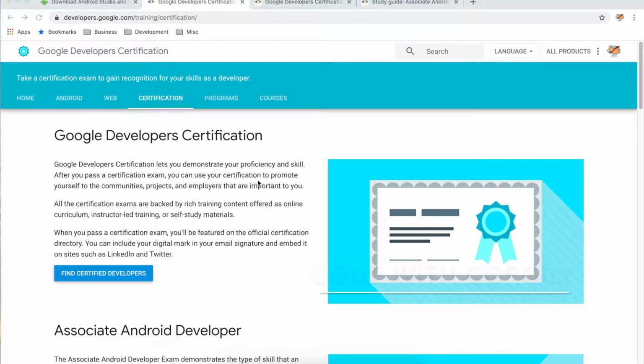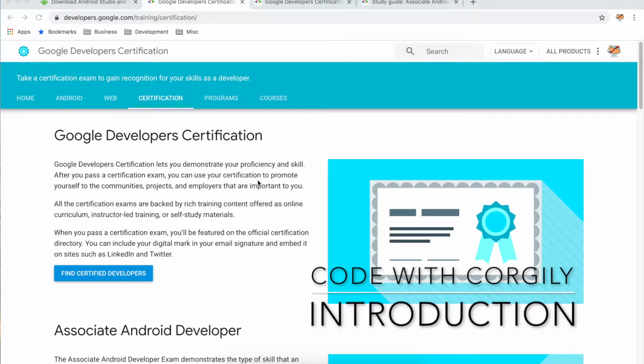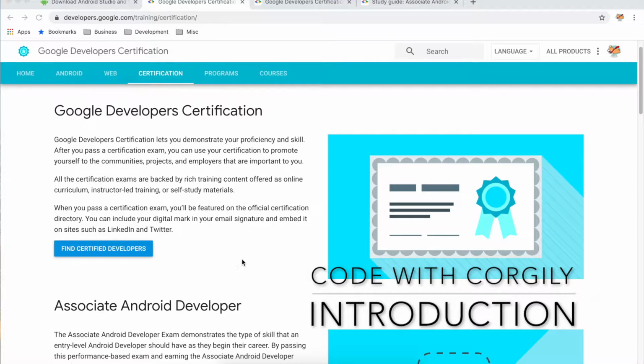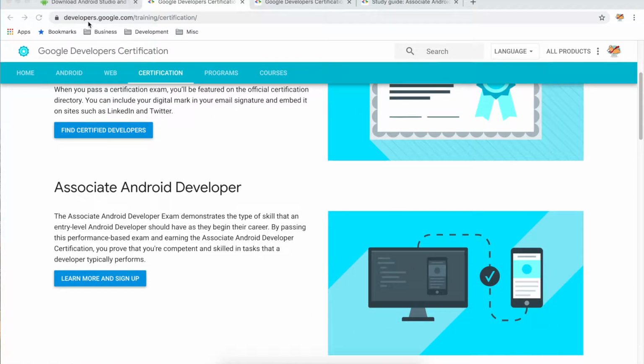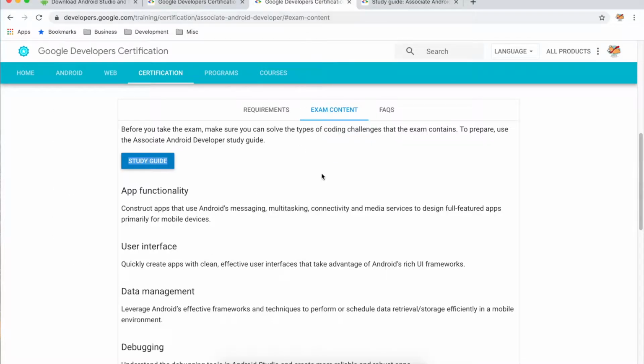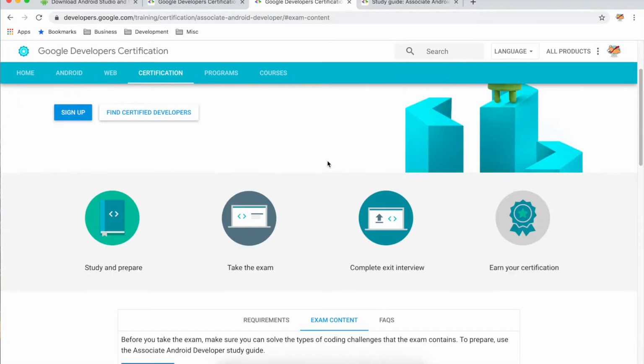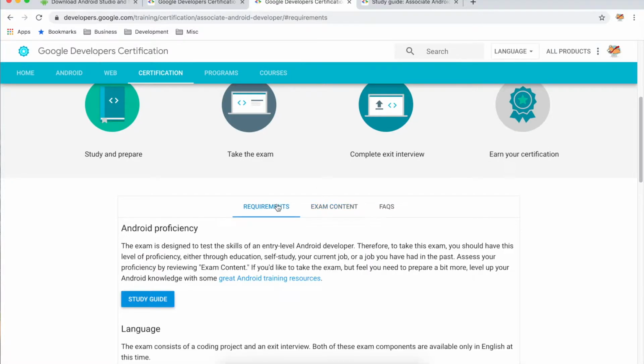I'm going to start a series on studying for the Google Developer Certificate, specifically the Associate Android Developer. To find out about it, you go to developers.google.com/training/certification. So you just click here, and then it brings up the certification information, and you scroll down, and they